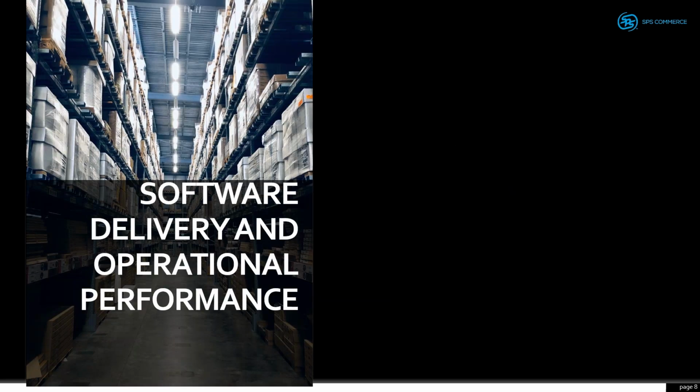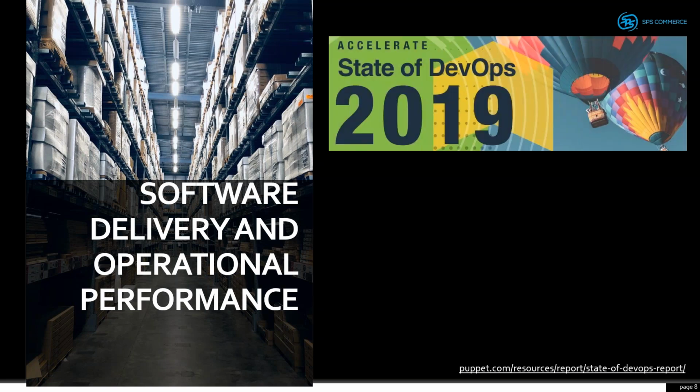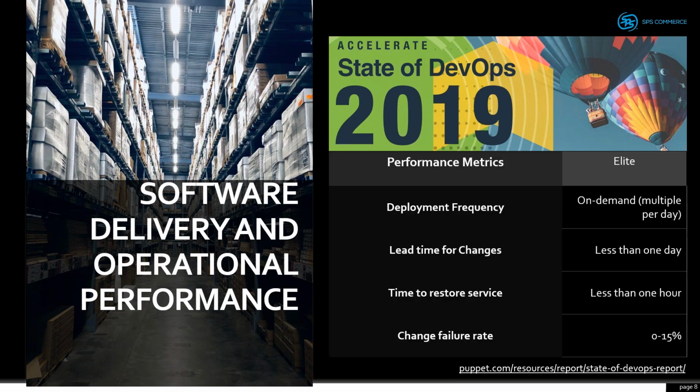In general, the ultimate goal of a software engineering team is to deliver high quality software, and it must solve a business problem, and it must do it as quickly as possible. In general, that would be effective. And if you are here, you've likely read or seen portions of the State of DevOps report for 2019. And it proposes 4 interesting metrics that indicate you have elite performance. If we take a look at each one of these: deploy frequency, lead time for changes, time to restore a service, and change failure rate, each one of these can be clearly and distinctly enabled by using feature flags